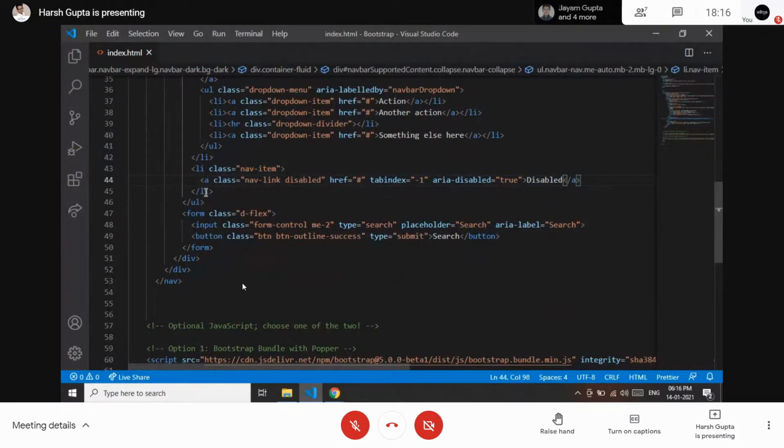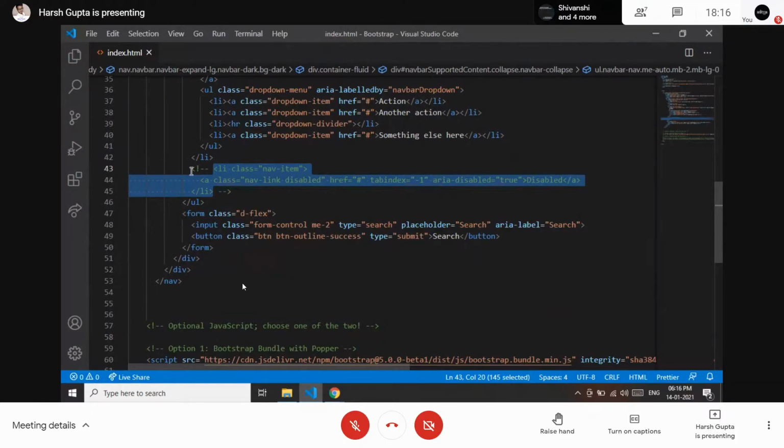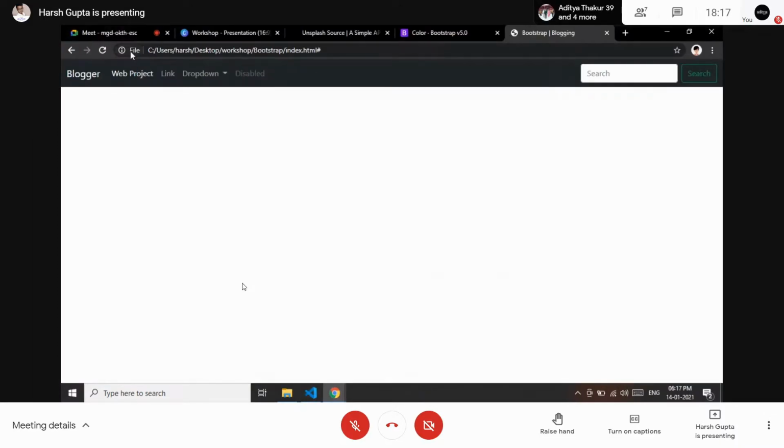I have found it. So instead of removing it, I am just commenting it out, in case I want to use it in the future. We don't need to define it again, and we don't need to relocate where the disable button was in the past. It is better to comment it rather than removing it from your code. But if you are sure that you're not going to use it again in the future, you can remove it as well. So I'm changing it and then refreshing this. So the disable button is gone.